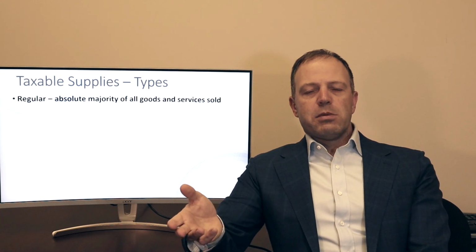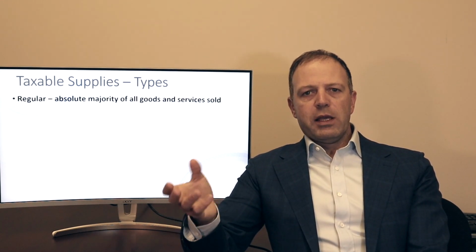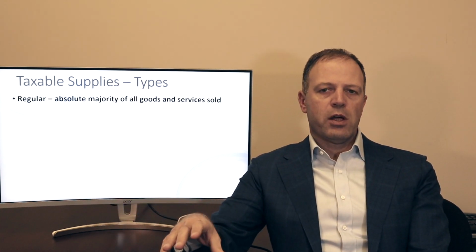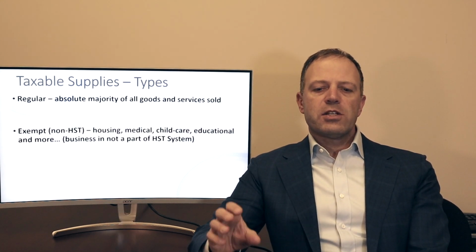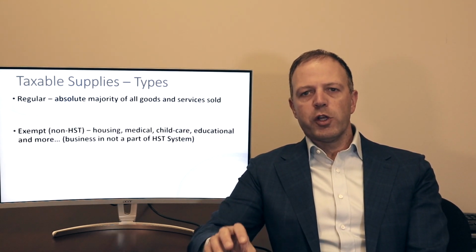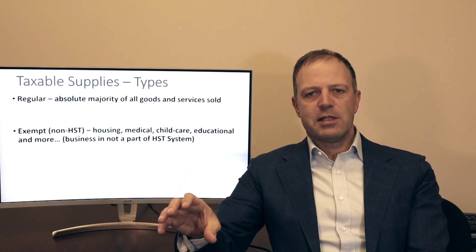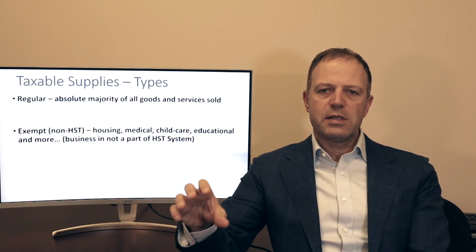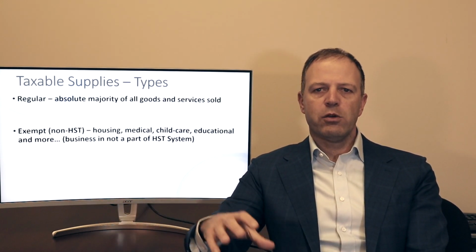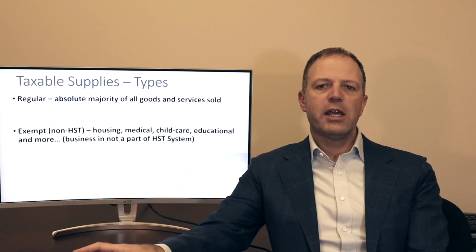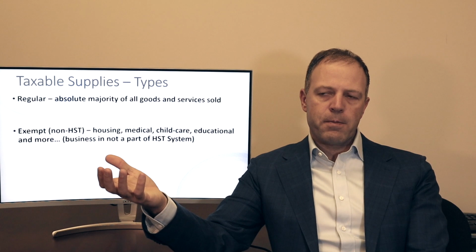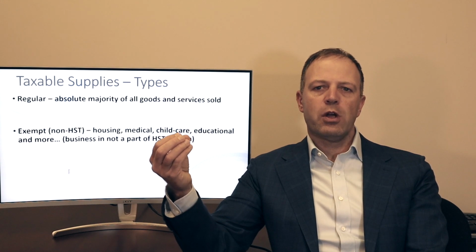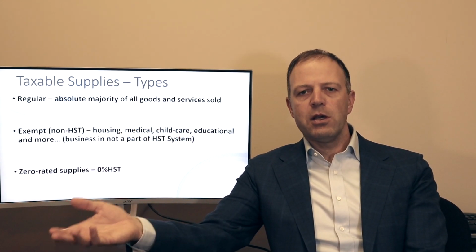Taxable supplies. What are taxable supplies and to which the system would apply? First of all, most of the products and services sold in Canada are covered by this or another type of HST. Then there is exempt, and this is a small group of products which are exempt from the HST system. And what it means is that the businesses offering those products and services do not participate in HST at all. They're outside of the HST system, and I'll show the implication of this in today's video. I'll show you how the numbers sum up in the situation of a business exempt from HST,